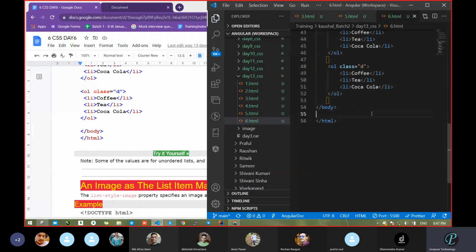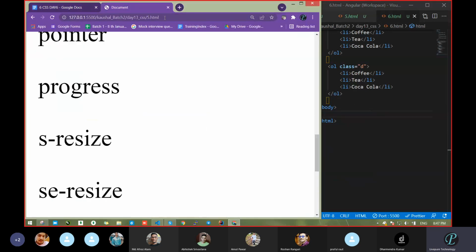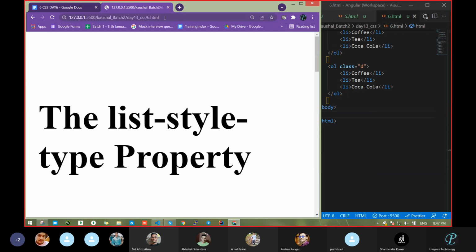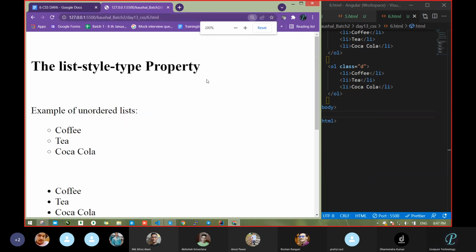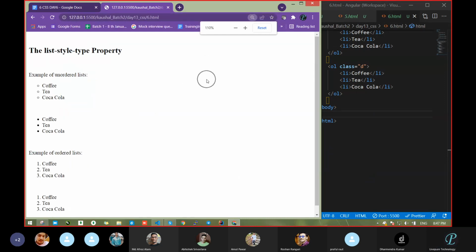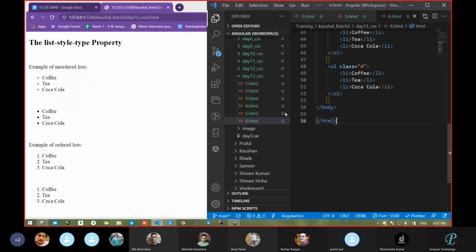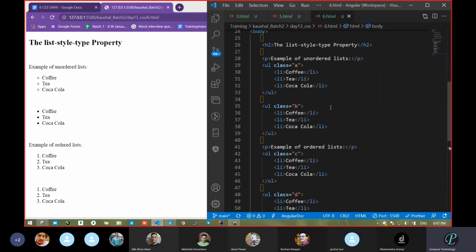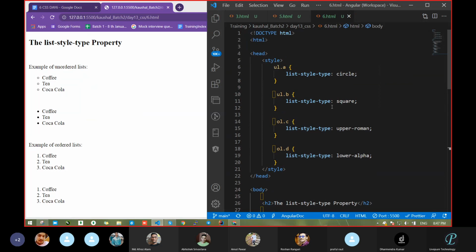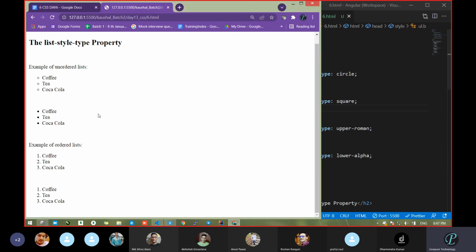See, if I save this, you will see that many times it will not work properly. I don't know whether the color is the same or what style. See, it's not working because here we have a square and it's coming as a bullet sign only.